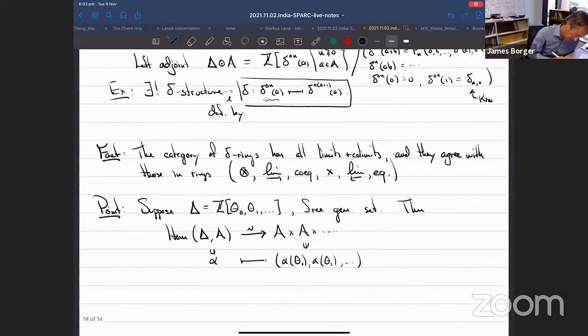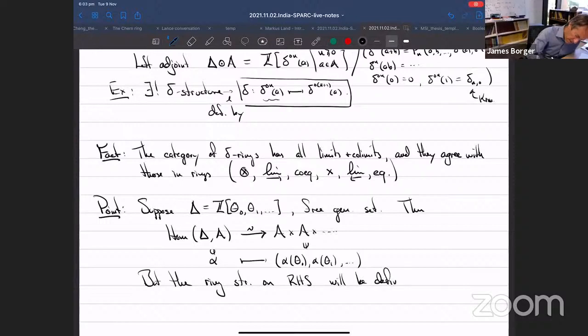But the ring structure on the right-hand side will be defined in terms of the Leibniz rules for these generators,